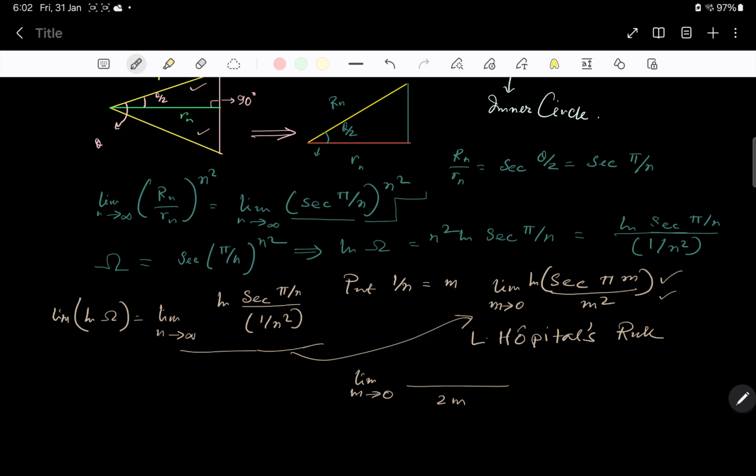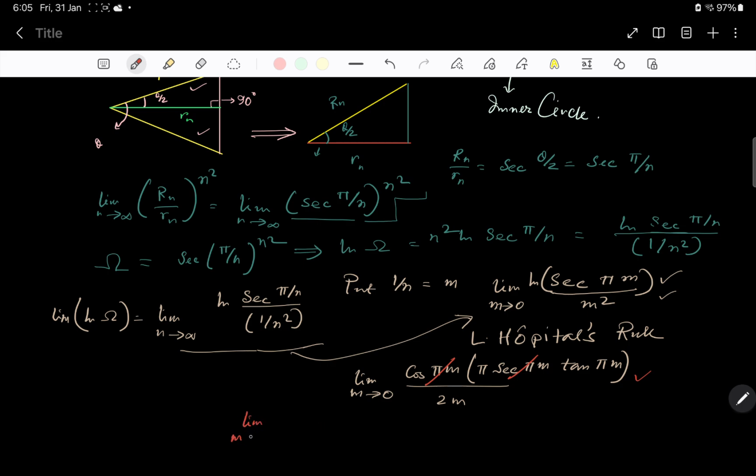In the bottom there will be 2m, and on top we will have this term. After using the chain rule, observe that this cos pi m and sec pi m will cancel out, and we will have